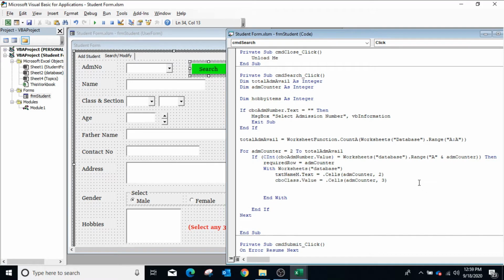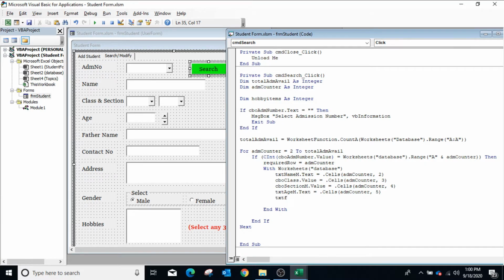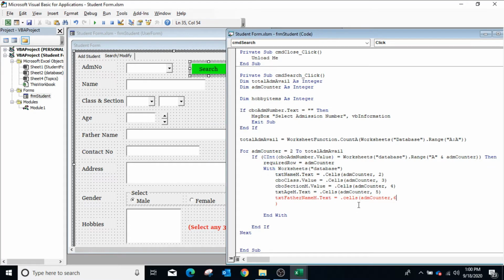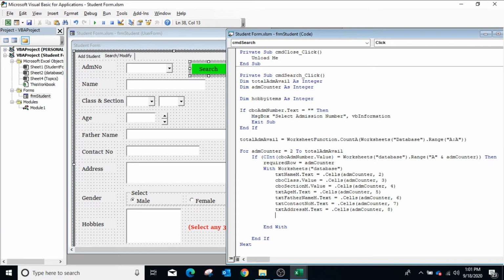So similarly for other text boxes, we can store the value from the corresponding row in the database sheet. Now in this way we have copied for other text boxes and the combo box.